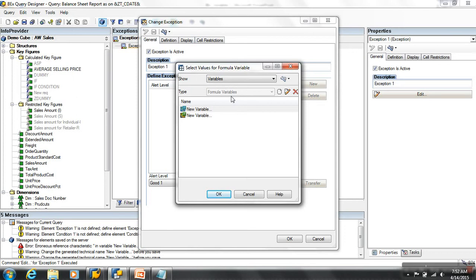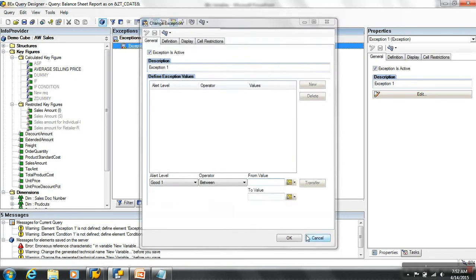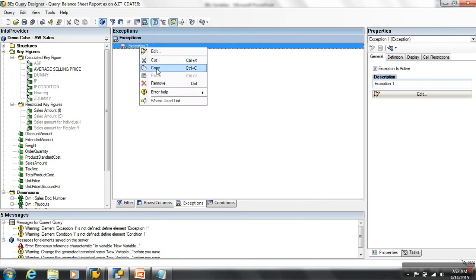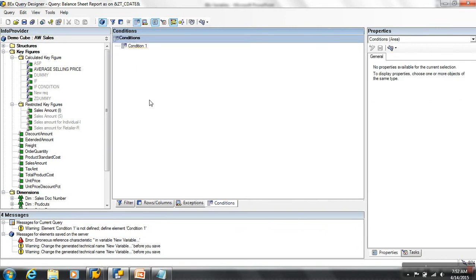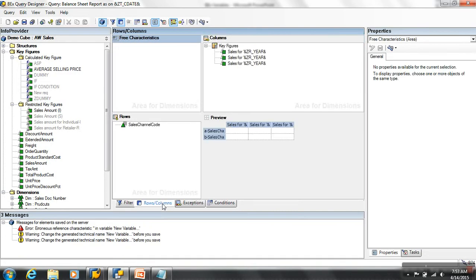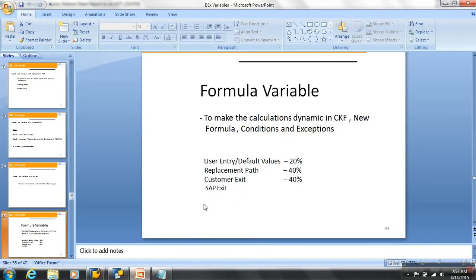So we use a formula variable to make the calculations dynamic in calculated key figures, in new formulas, and also with conditions and exceptions. For these 4 scenarios to be dynamic, a formula variable works.